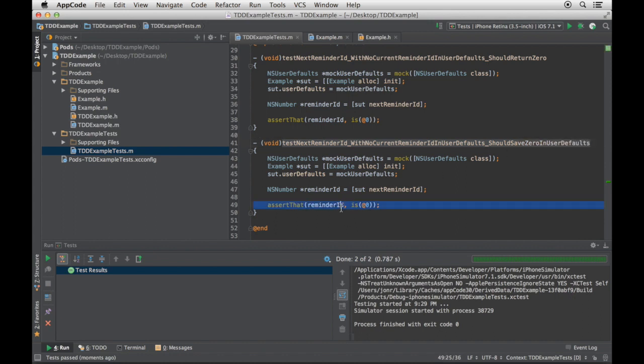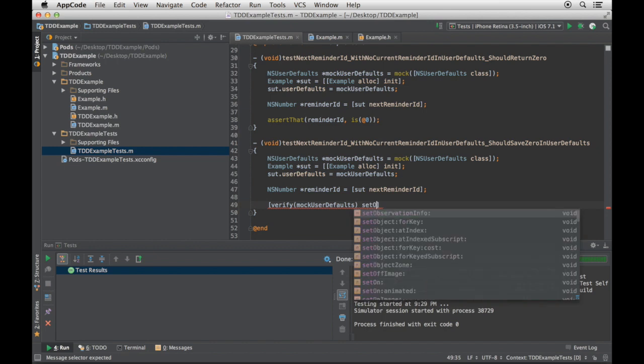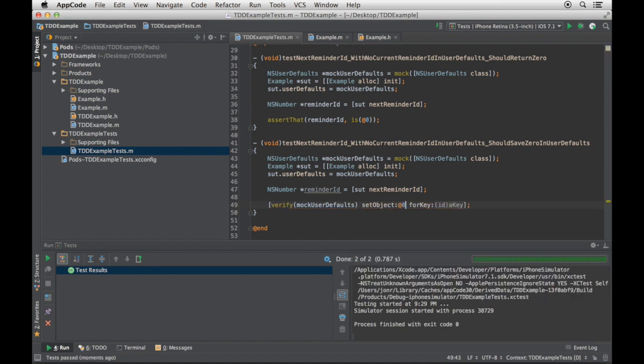Right? So instead of that assertion, I'm going to say verify that the mock user defaults was called with setObject forKey, where the object is 0 and the key is current reminder ID.